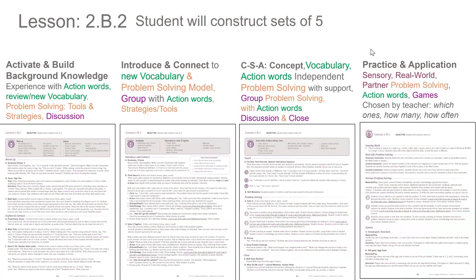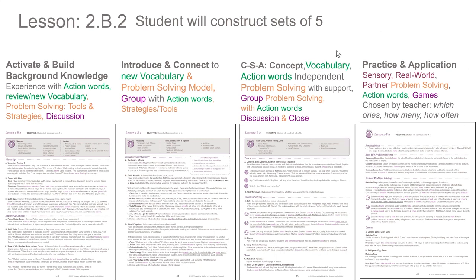Let's take a look at how opportunities presented in Equals Math lessons do support that idea of making it happen for students. In looking at this example of lesson 2B2, student will construct sets of 5. I see a 4-page lesson. Every lesson in Equals has 4 pages, beginning with activating and building background knowledge, introducing and connecting to new vocabulary and solving problems, reviewing with the representations of concrete, semi-concrete, abstract, working on problem solving again, with discussion and close at the end of page 3, and then page 4 is